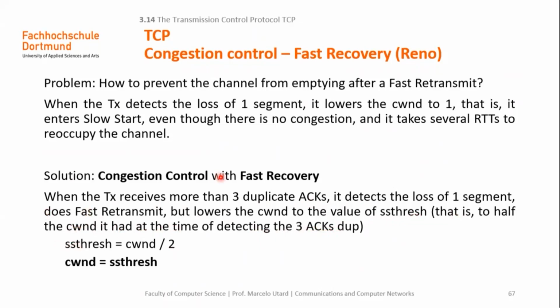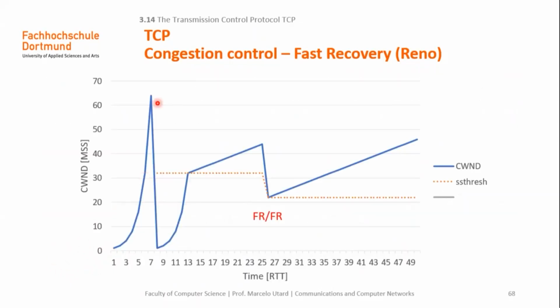That is the fast recovery algorithm: we detect the three duplicate ACKs, then the SS threshold is set to half of the congestion window, and the congestion window is set to this SS threshold, and we don't enter the slow start phase. Then that's why in this